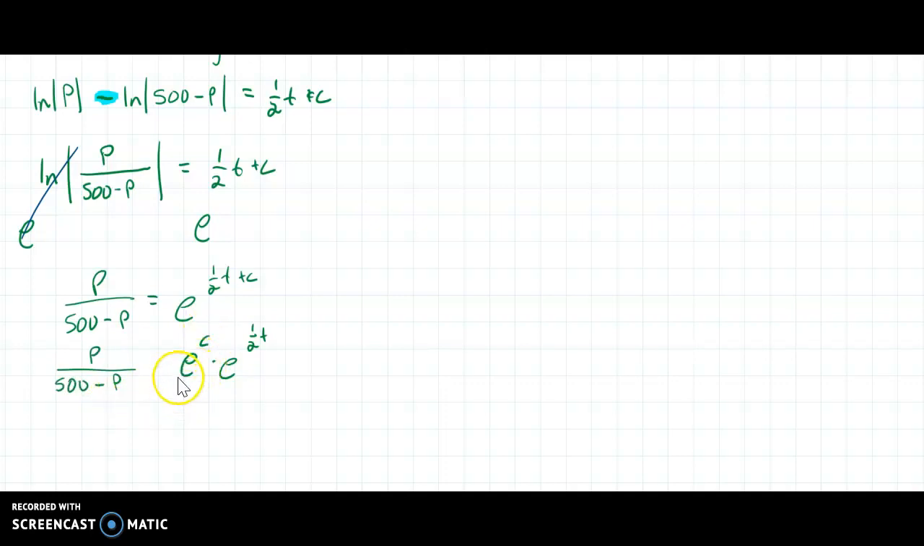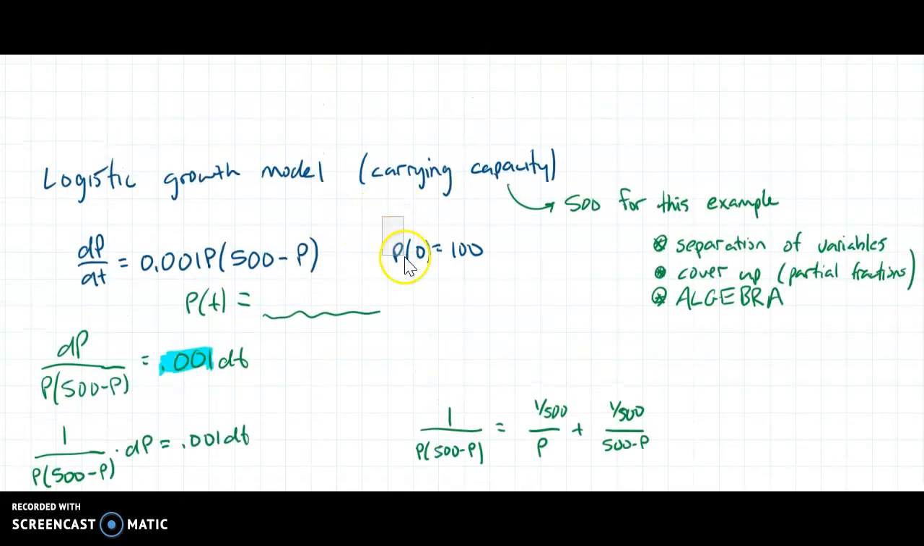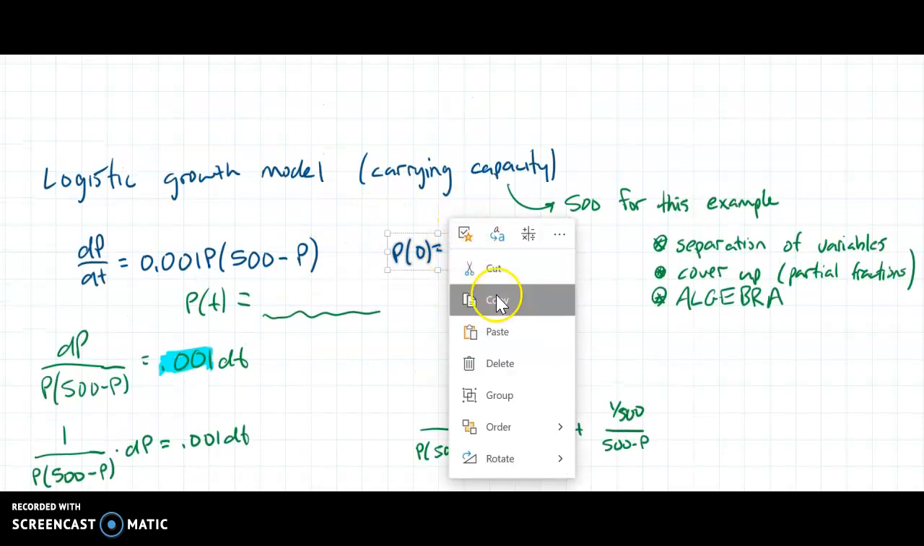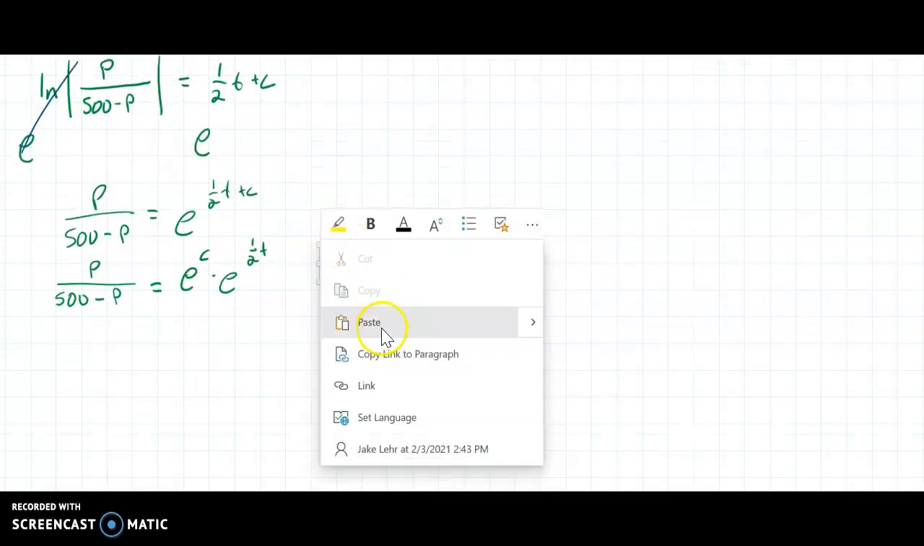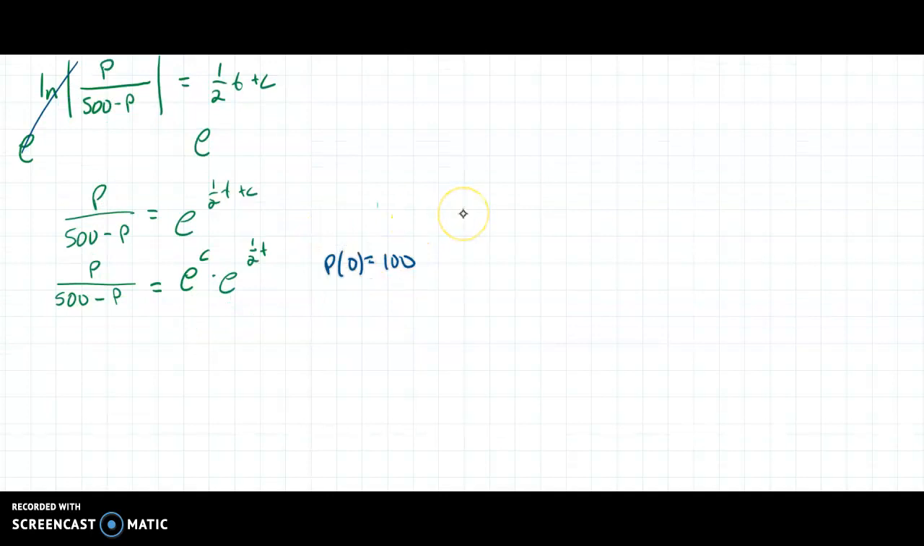Okay, so this is another spot where we are going to use the initial conditions. So I'm going to use p of 0 is 100. I'm going to highlight that here because this is the spot where you want to do it, because it makes it easy to solve for that. So what do I get? Everywhere I have a p, I write 100. 100 over 500 minus